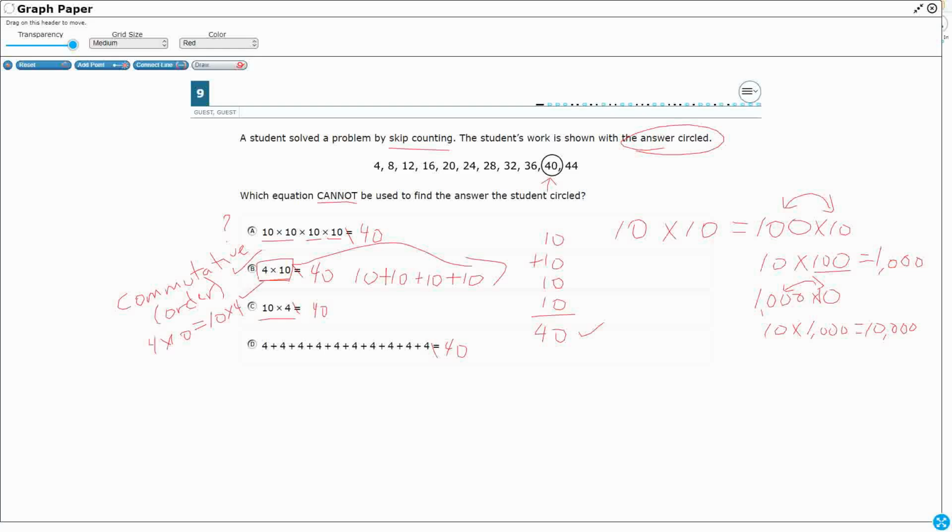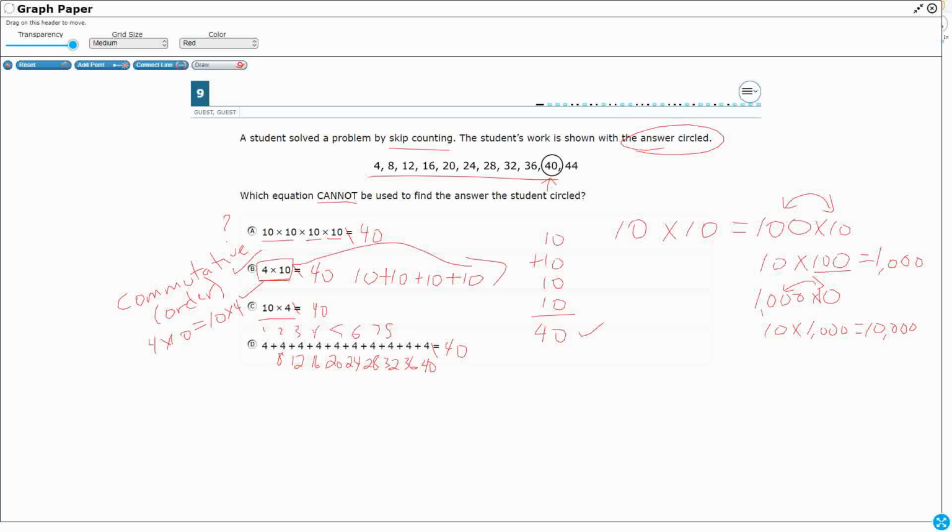All we've got to do is look at D. Now, what do we have working here at D? Well, I've got 4 plus 4 plus 4. If we want, we can skip count, and we've already got the skip counts right up there. 4 plus 4 is 8, plus 4 is 12, plus 4 is 16, plus 4 is 20, 24, 28, 32, 36, 40. But really what this is doing is, if we count, we've got 1, 2, 3, 4, 5,